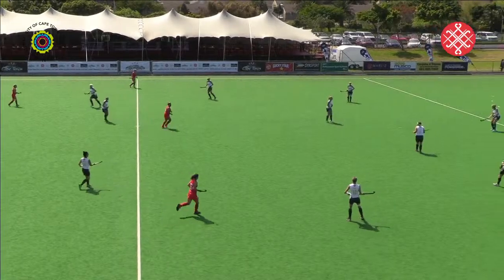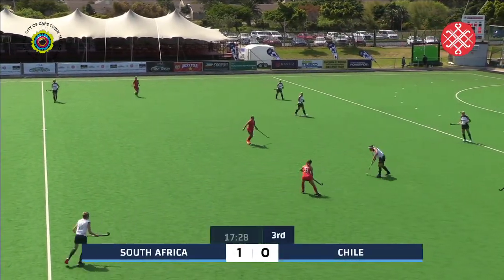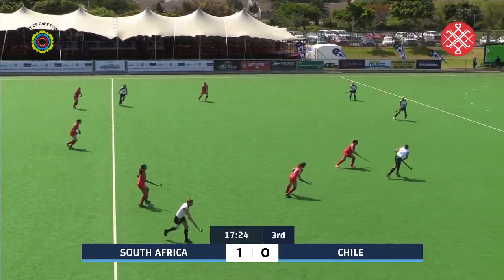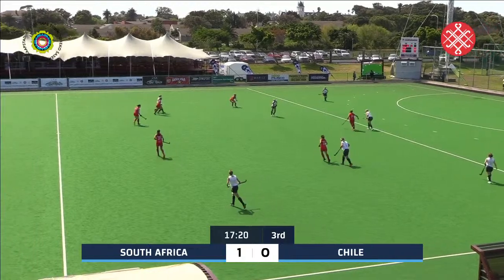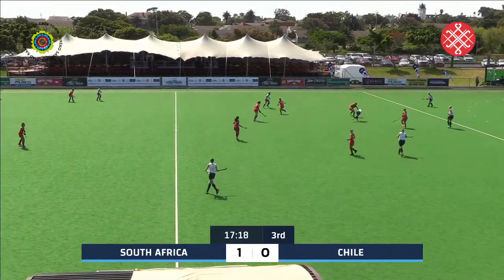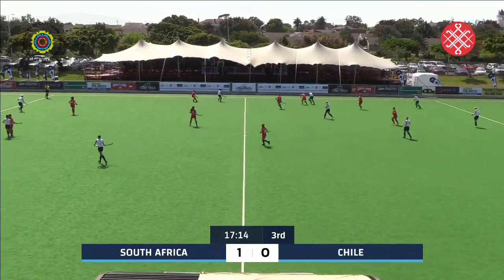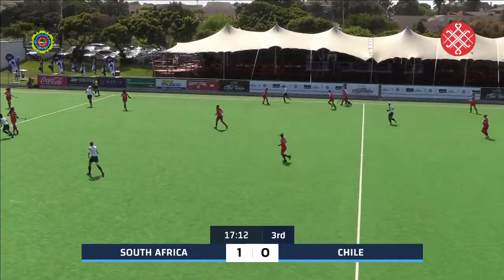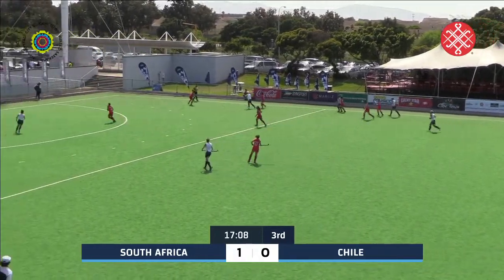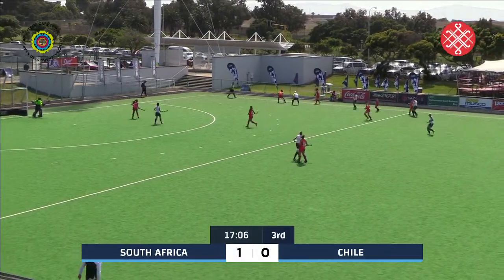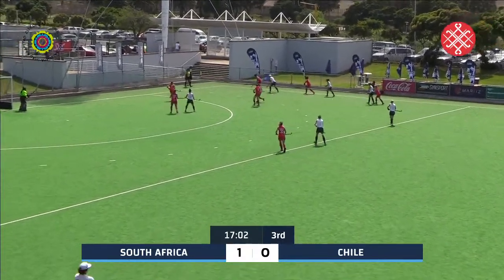Welcome back to the second half as the third quarter gets underway between South Africa and Chile. Just a reminder that this is a playoff game. The winner earning the right to compete for positions 5 and 6 tomorrow, and the loser will have to settle for the classification game of 7th and 8th. And at the moment, it is South Africa that will be heading into the 5th and 6th place playoff,